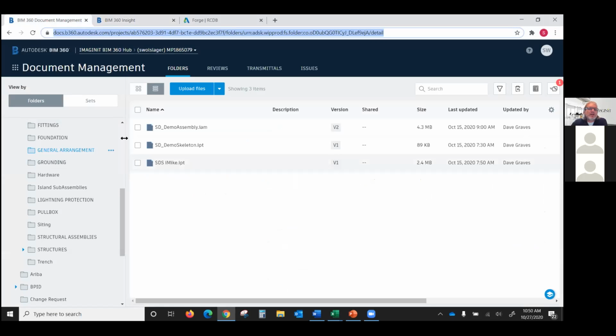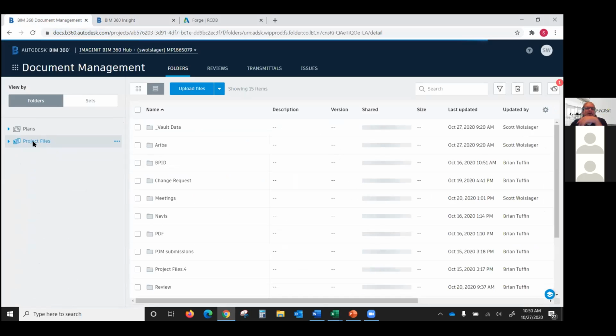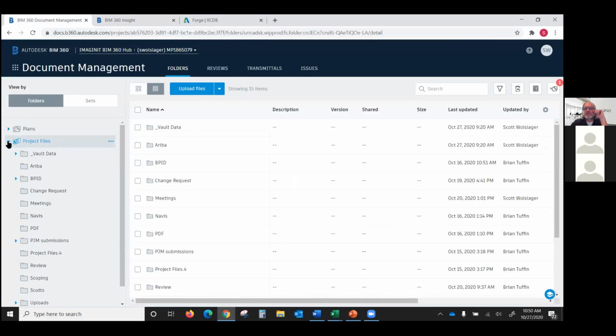So let's go over here. On the document management side, this is what you see when you log into a project. There's really two sections to BIM 360: the plans folder and the project files folder. This works just like, in a sense, Windows Explorer does, or any document management system does. It has a folder structure, and